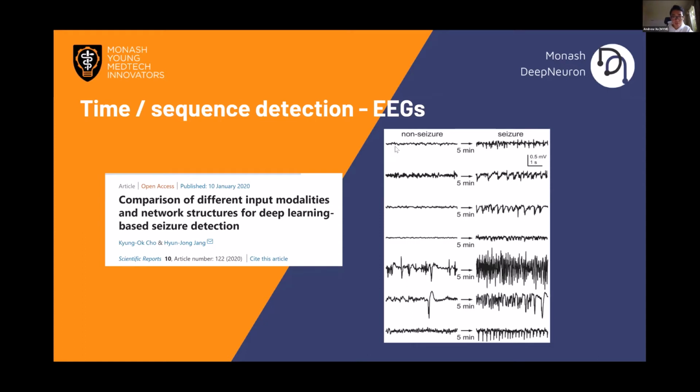You can see a non-seizure EEG sometimes looks like this, and seizure ones are vastly different with a lot more inflections. And normally you can just tell if someone has a seizure just by looking at them. But there are cases of micro seizures where they're only detectable via EEGs. So it's valuable to look at these in terms of medical diagnosis.